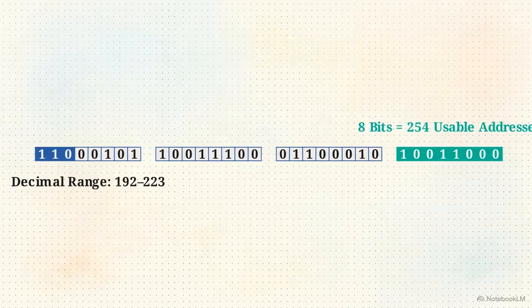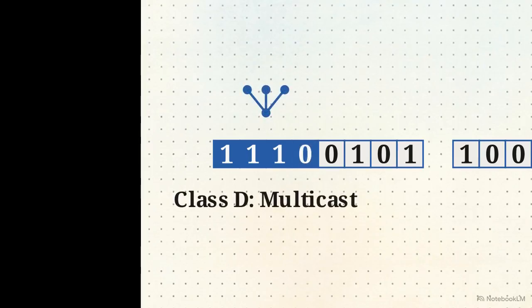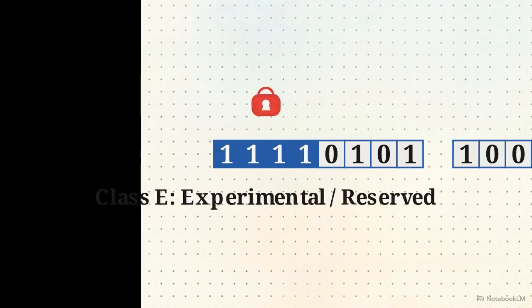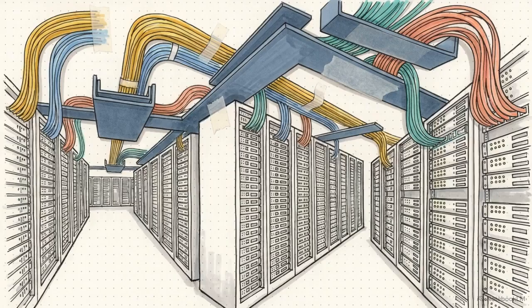The last slivers of the 32-bit space are defined by the 1110 and 1111 prefixes. Class D uses 1110 to handle multicast traffic reaching groups simultaneously. Meanwhile, Class E starts with 1111 and is reserved for experimental use. By checking only these 3 or 4 leading digits, the routing system could sort every possible 32-bit address into a